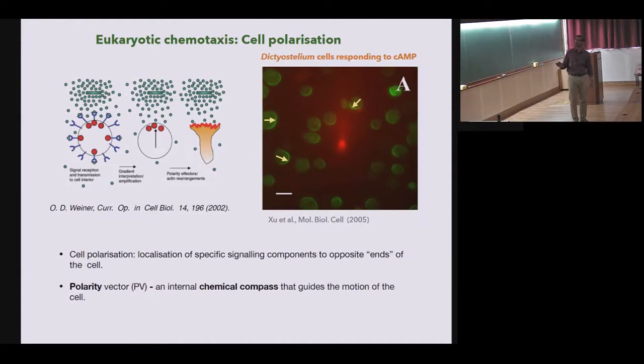So here this picture shows that there is more fluorescence on one side of these cells compared to the other side, and that is because in between here there is a source of cyclic AMP, which is a chemoattractant for these dictyostelium cells. So next question is, if you have a situation where all these cells,